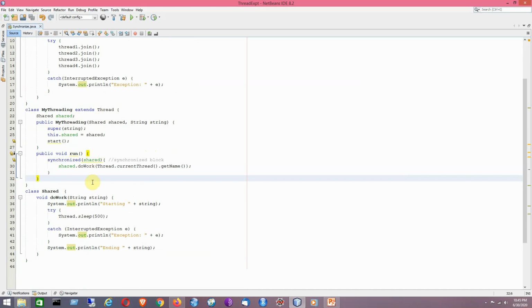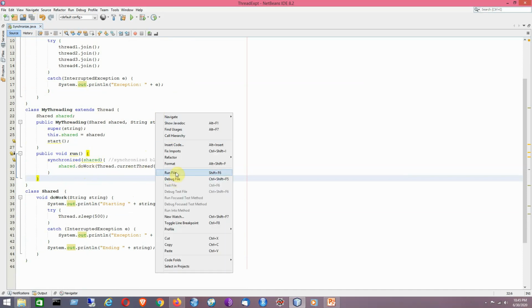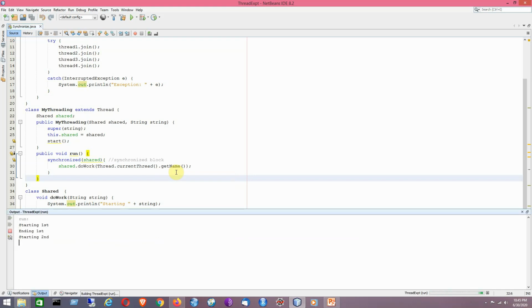Now I will run this program with the concept of the synchronized block implemented. You can see that starting first, whenever a thread starts its work on the shared object, it gets its chance to finish.